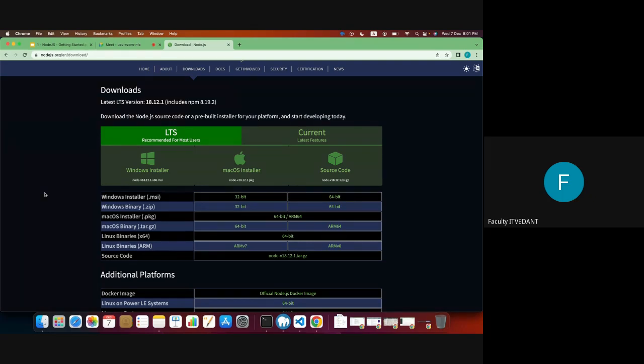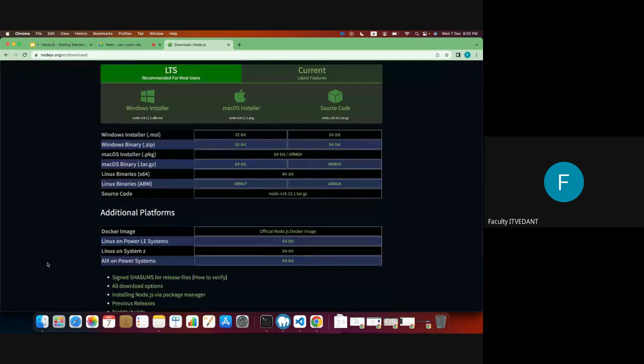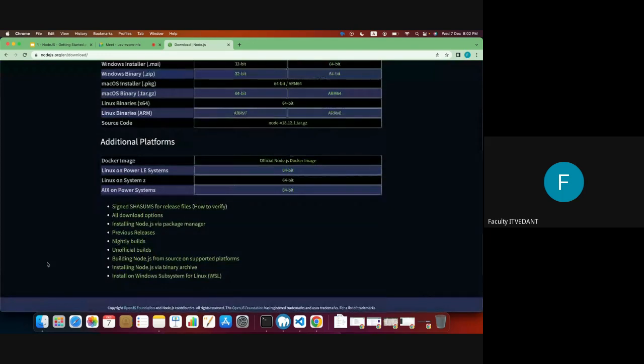Okay, you don't have to do anything, just click next and install it. For Mac OS, I would recommend using the .pkg version, so you can install using this. And for Linux binaries, you can use x64 or ARM. That depends on your machine. If you are using ARM based machines, use ARM, or if you are using an Intel based machine, use x64. Or else if you have other operating systems, you can go to